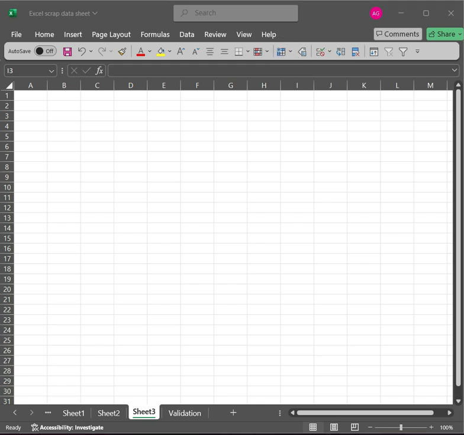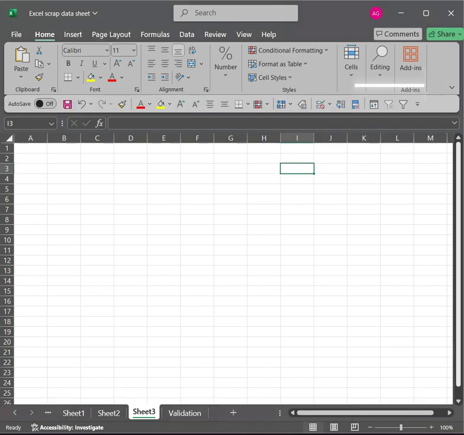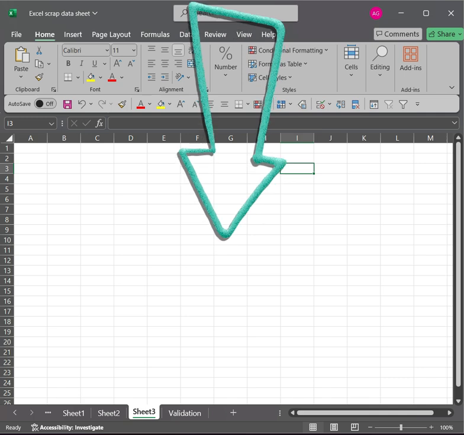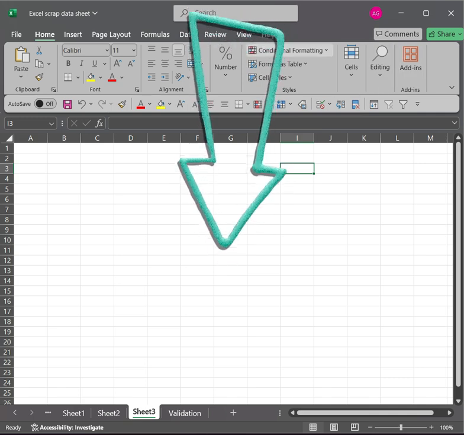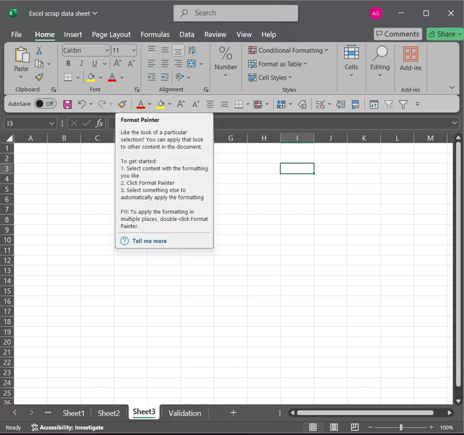If I want, I can bring it back to the usual look. So for example, I will click Home and I will go to this arrow on the right hand top corner and choose Always Show Ribbon. Okay, so this is what we are more familiar with. But what it does is it basically reduces the space that you can look at once. And of course, if I can bring whatever I use on a daily basis into a shorter single menu bar, then why do I need it, right?